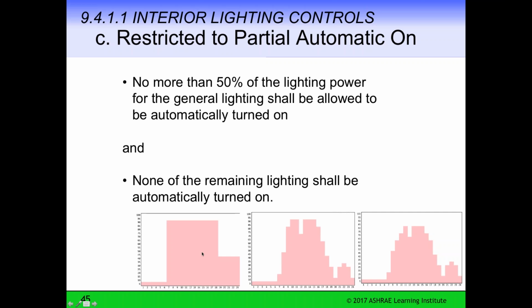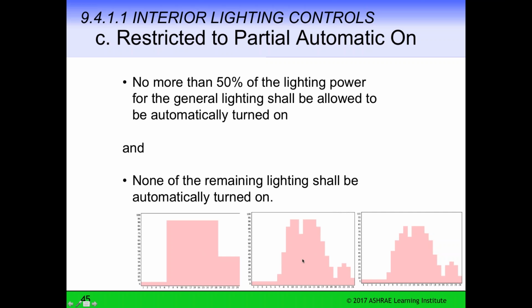And at the bottom of this slide are some daily operating schedules for a typical office space. The schedule on the left shows a typical office schedule without a lot of the type of controls being used by Standard 90.